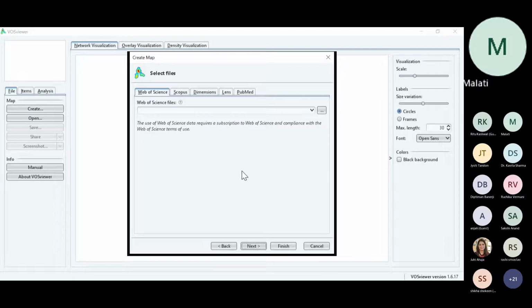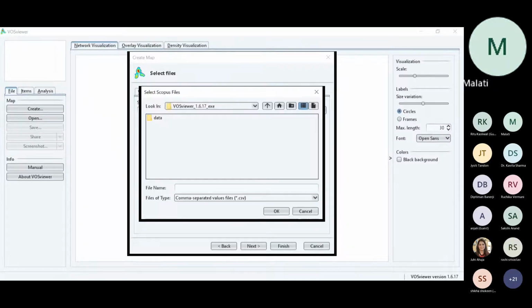Click next. Now it will ask you which database you have used for downloading. We used Scopus, so select the Scopus one. Click on these three dots and locate your file. The same file which I have shared with you, I am going to use.